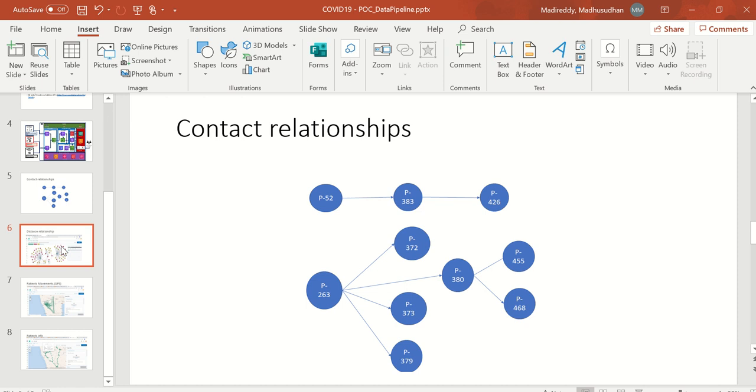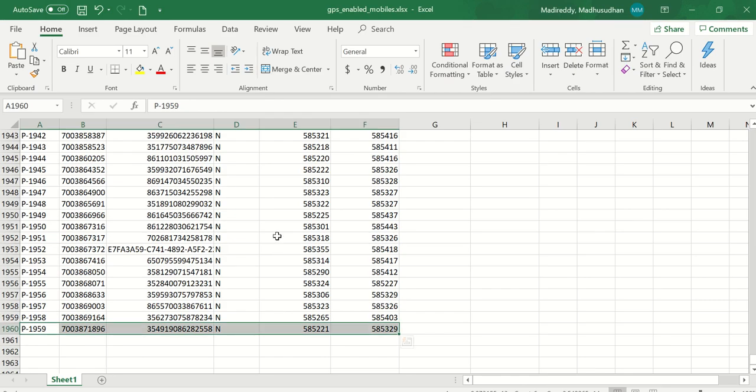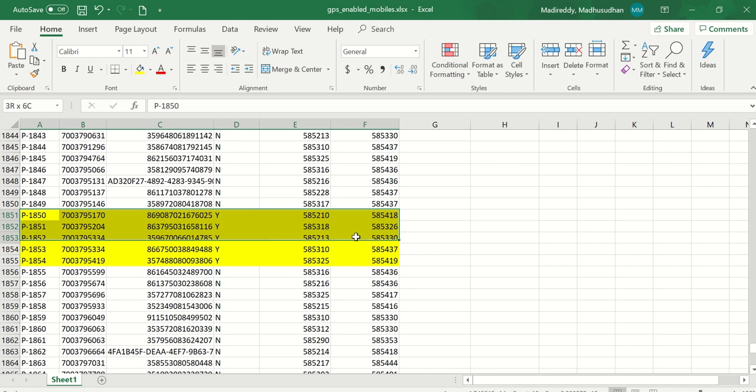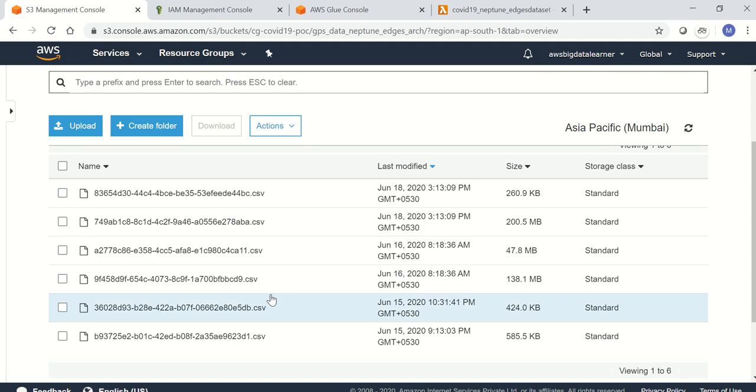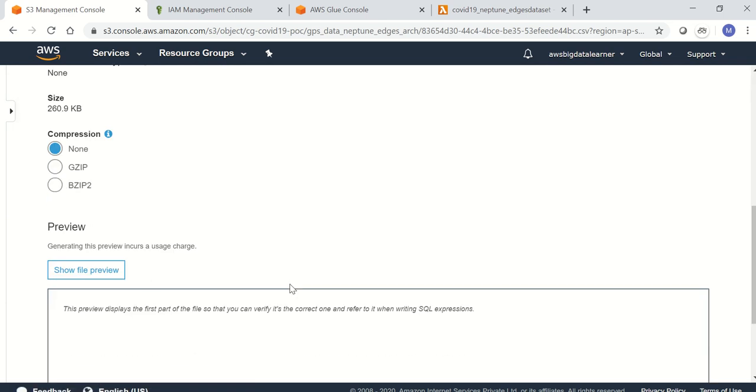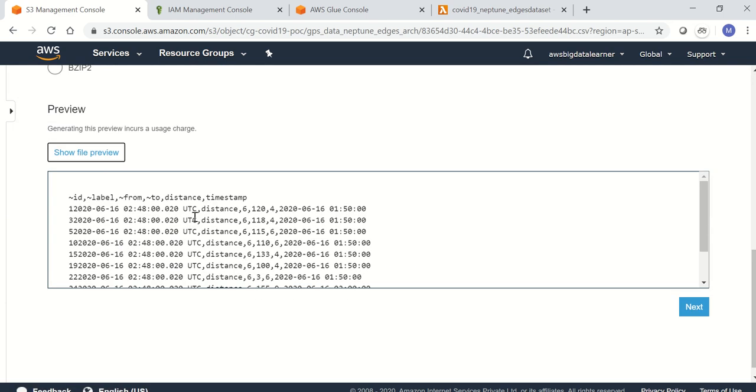Next, what we inserted just now for these 5 patients is basically creating the distance relationship. The format of the file will show us the distance relationship, how far, how much distance he is in. For example, patient 6 to patient 120 is at 4 kilometer distance.